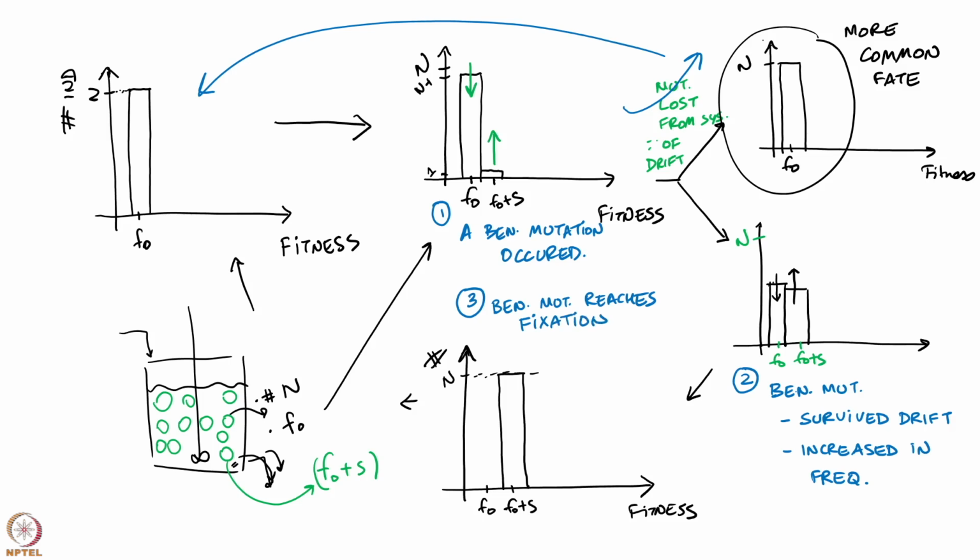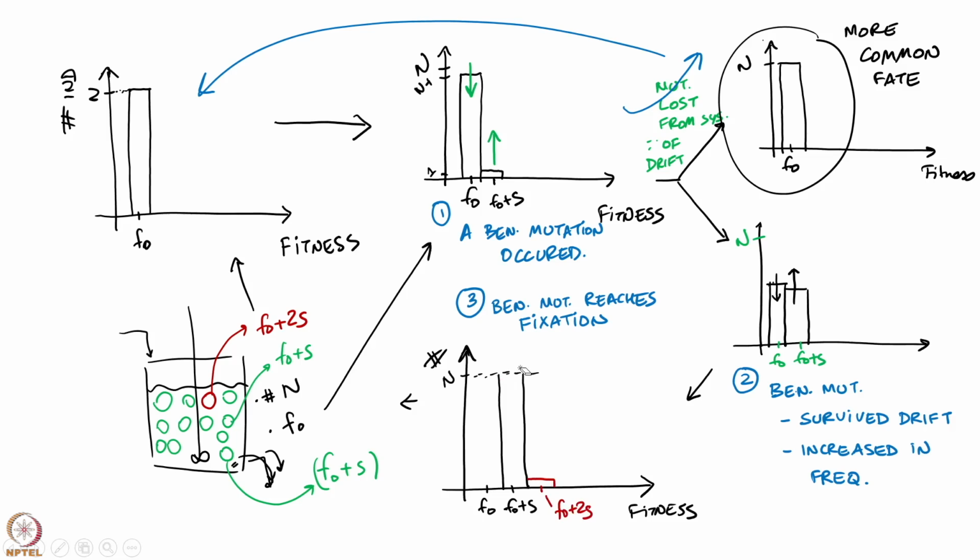And it is not as if the process of evolution halts at this point, this process continues as we move forward. In the population we are waiting for an event like this to take place, where all the green individuals in the population are at fitness F naught plus S, and now we are waiting for an event to take place where a newer individual comes into being whose fitness is F naught plus 2S. So, the newer individual is going to be here, this is F naught plus 2S,